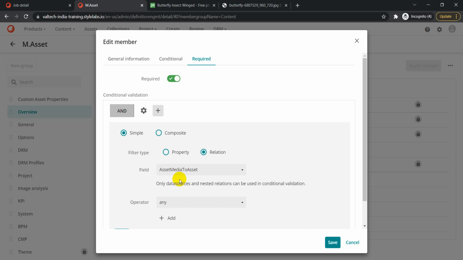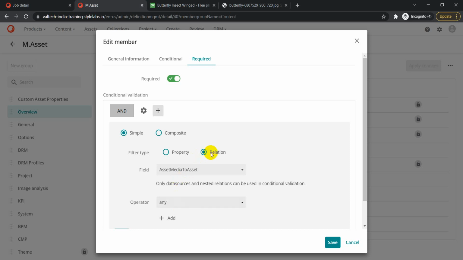So in this case we still want to make that field as required, but we don't want our asset creation process to get affected by that change. So the first thing which we have to do is make sure that we are dealing with the content repository of standard type, because normally we have different types of repositories there. So the first thing which we have to check here is that our content repository is of type standard repository.